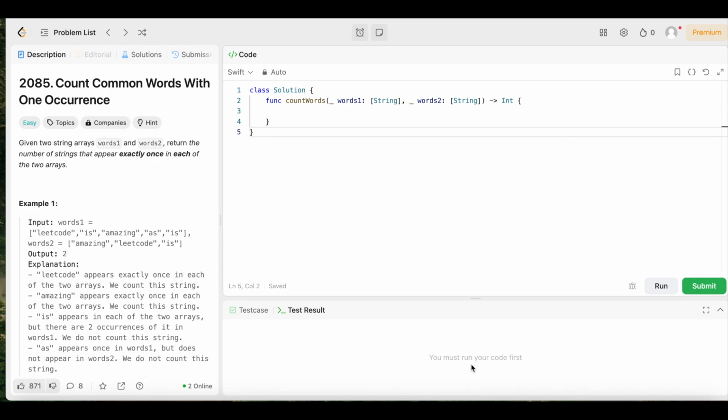All right, y'all, we're back again, another day, another LeetCode problem where we're doing daily LeetCode problems. And today we have question number 2085, Count Common Words With One Occurrence. The difficulty level is easy, so you already know we're going to keep the solution as simple and easy to